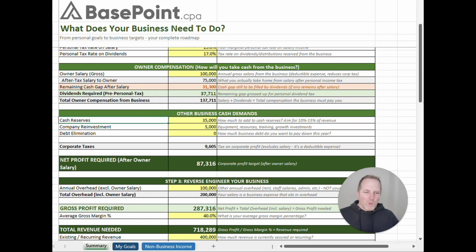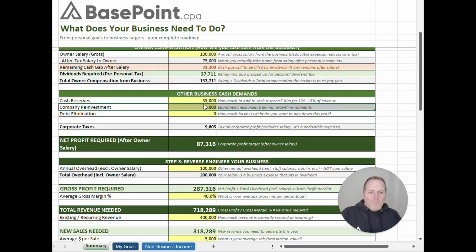So maybe your goal is to pump up your cash reserves another $35,000, and then maybe you want to add another $5,000 of profit just to maybe you have to buy some computers, for example. Okay. So based on that, you're going to have some additional profit here for the dividends that you need. You're going to have some cash reserve increase and company reinvestment amount. That's all going to be profit, right? In the business, that's either going to be distributed or reallocated for cash reserves or reinvestment,